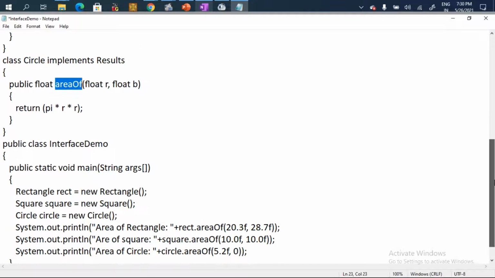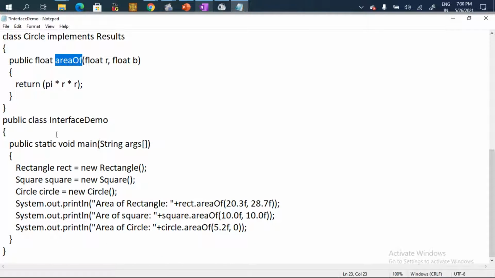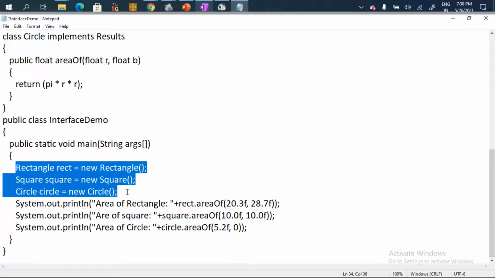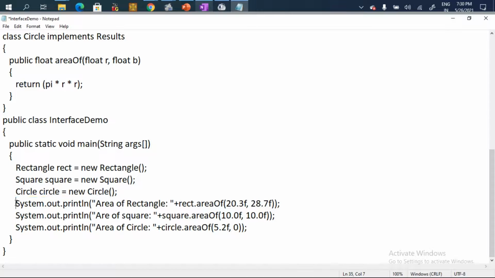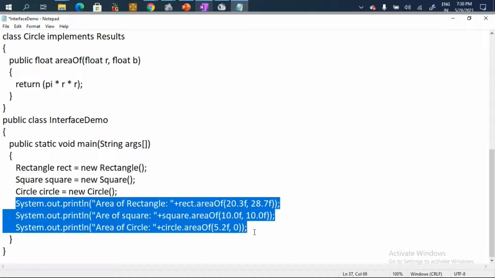After defining this, I have taken a class as interface demo. This is a simple class which is going to create a main function. There I will have three objects for the three classes which are implementing the result interface, that is rectangle, square and circle. And then we will calculate the area for all three classes.